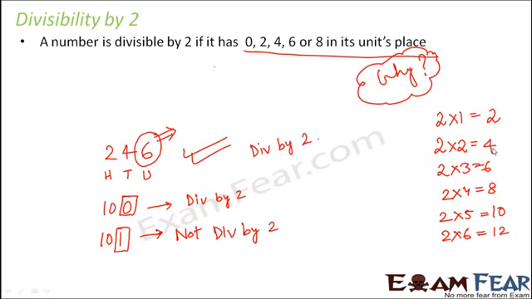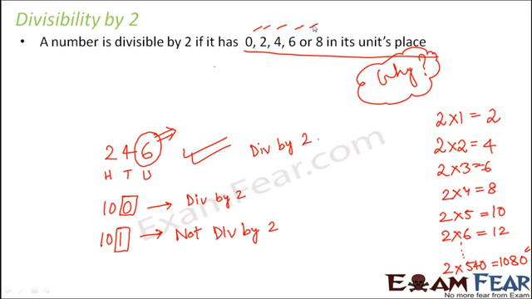Now when you very closely observe the multiples of 2, what do you find? You find that all the multiples of 2 have either 0, 2, 4, 6 or 8 in their units place. You look at any multiple of 2, even 2 into 540. Even if you look at this, you would see that the result is 1080, where you have a 0 in the units place. You look at any multiple of 2 and that multiple of 2 will have one of these digits in its units place.